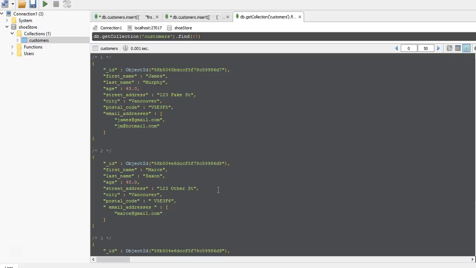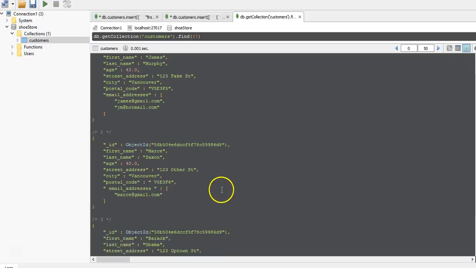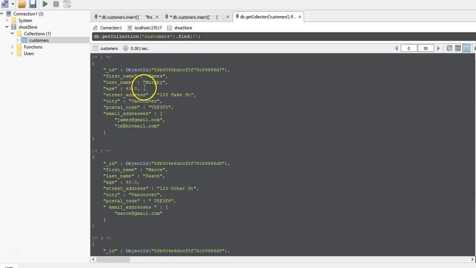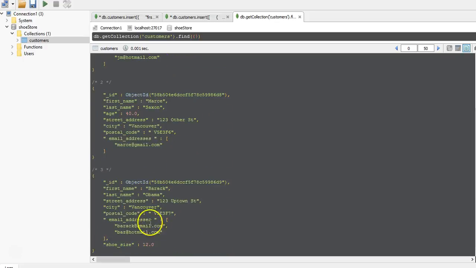A relational database would never have allowed you to do that because it has a fixed schema. It would have fixed these field names and field data types up front, so we couldn't have added an extra field because that would go against the schema. But it goes back to NoSQL being schema-less. The schema-less nature of NoSQL databases such as Mongo allows us to add extra fields on the fly that you wouldn't be able to do with